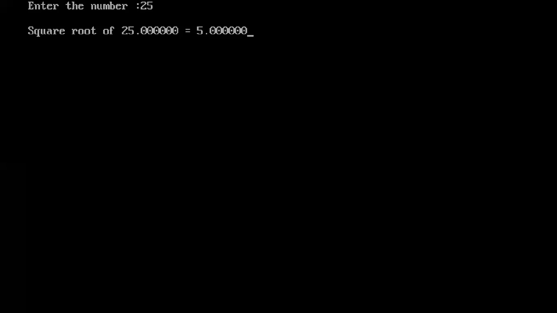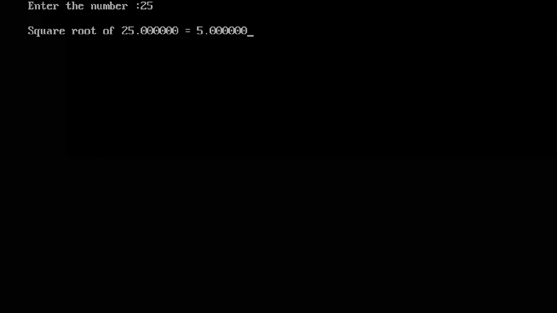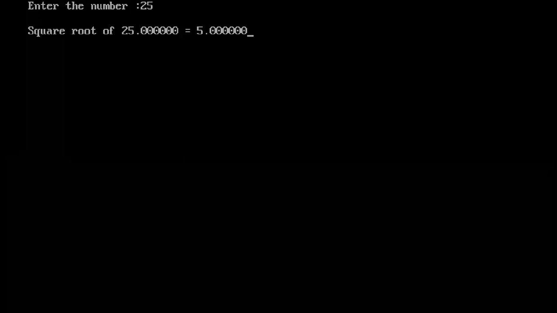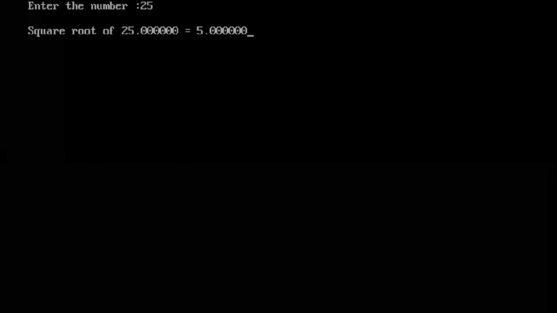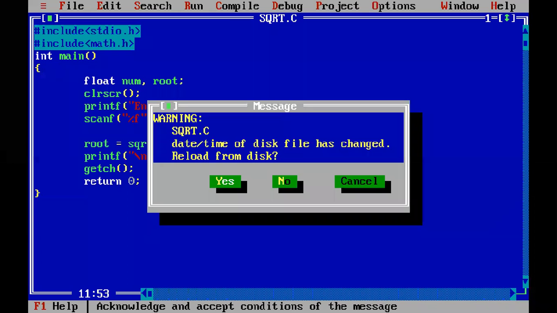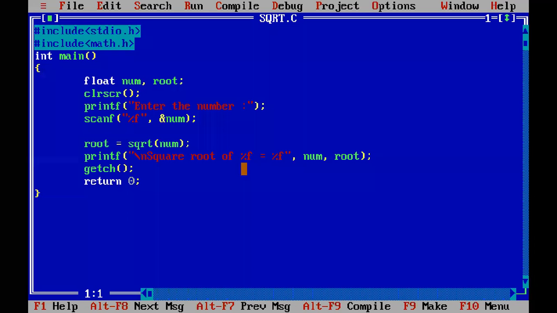Instead of the first %f, you get 25.0, the number you entered. And what do you get instead of the %f after the equal sign? That was representing root, where you stored the result, which is 5.0.